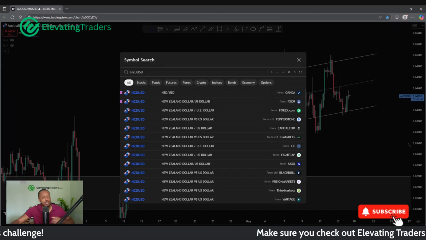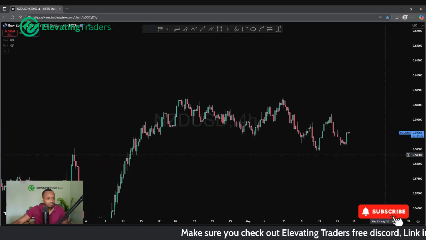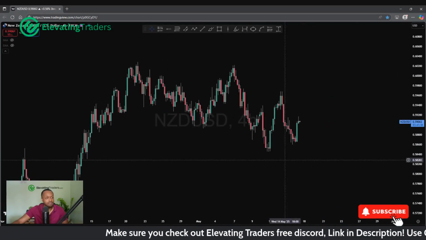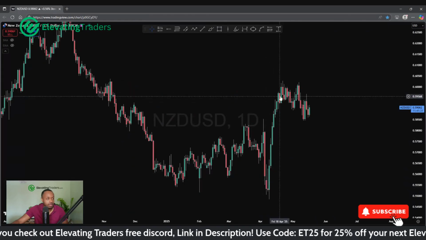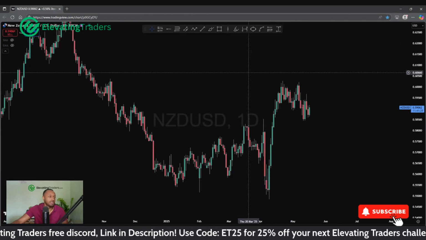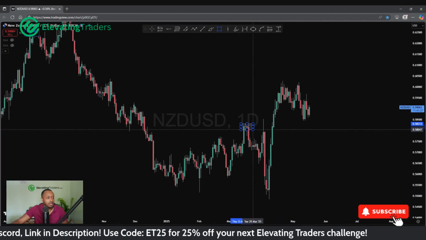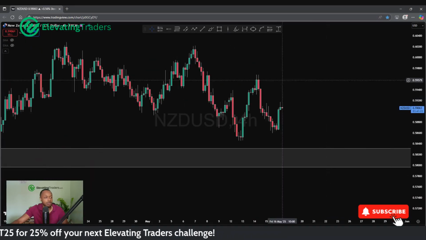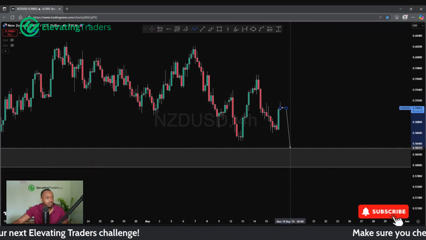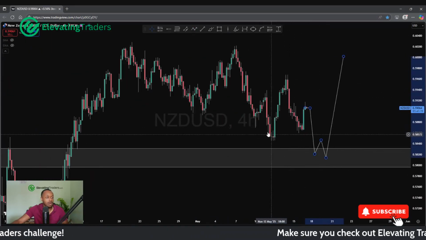Same sort of situation with New Zealand dollar as well. Prices are incredibly flat. Again, my longer term outlook is still very much, big impulse, looking at this as a pullback. Now I'm looking for a lot more upside. I do think we can see a bit more downside for New Zealand dollar first. I'm looking to see if we can get another run back into the lows here, and then perhaps use that